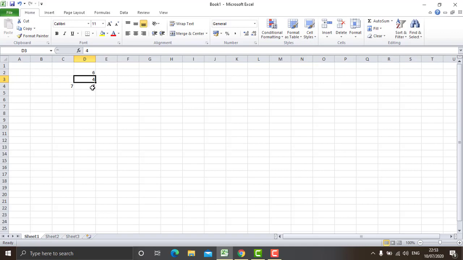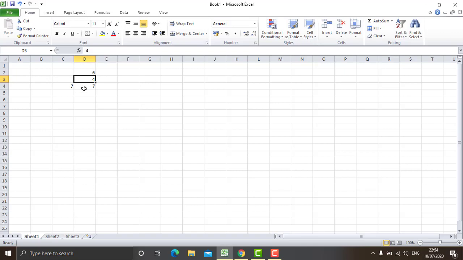So if you want to make a formula in such a way that if we change the input numbers, the output should also change, then for that we have to use the formula in a different way, and that is using the address of the cell. So the question comes up, what is the address of the cell? The address of the cell is the place where the cell resides, and to know the address of the cell, we need to see where that cell is, in which column and in which row.